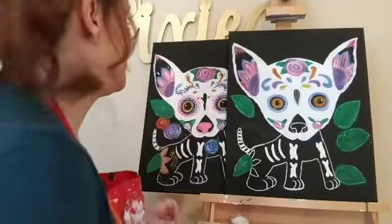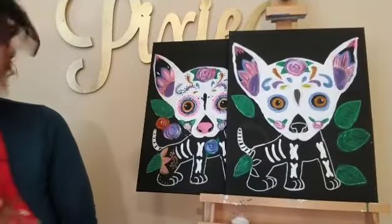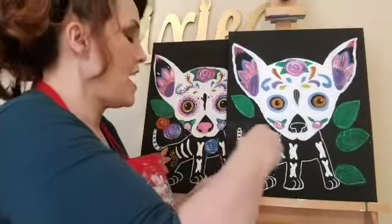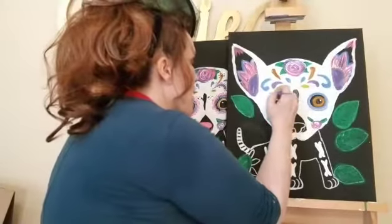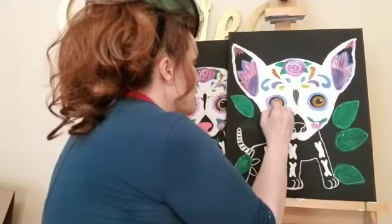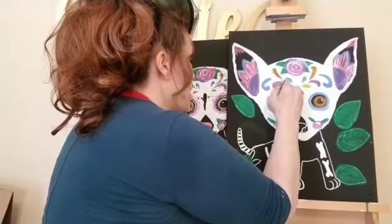Good job. Okay, now we're going to make hot pink. And we're going to put that around with little M's. So I just get hot pink and I'm just going to outline the blue. What if I get some pink in the blue? Is that bad? No. I go rainbow,